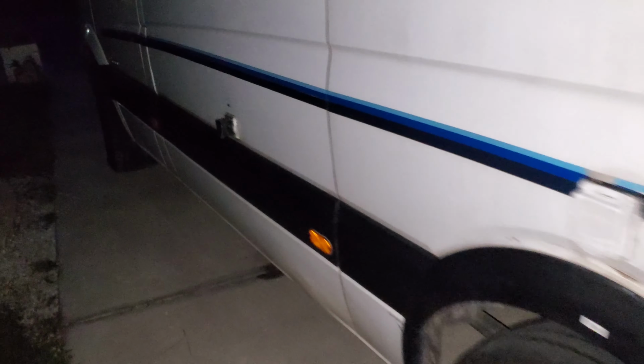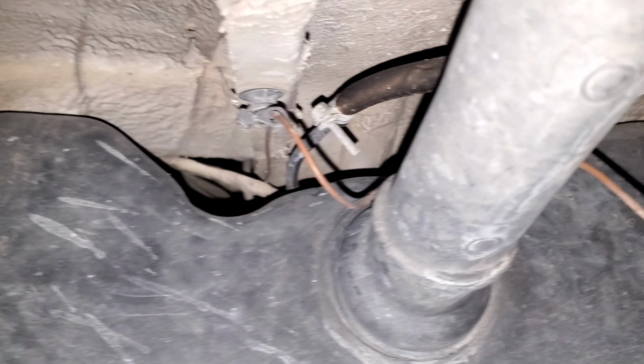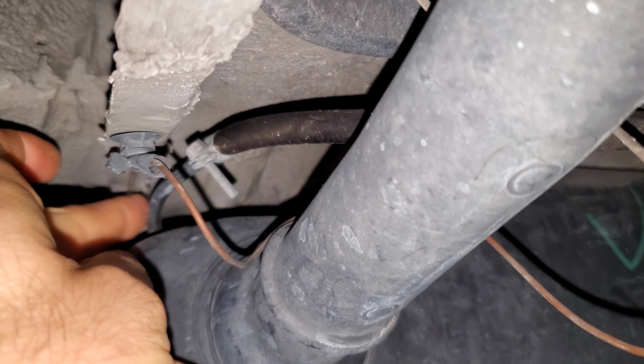2007 Sprinter van diesel. How tied into the existing fuel tank to fuel a diesel heater. All right, so the second generation Sprinter vans, which is 2007 up to 2018, has a plastic